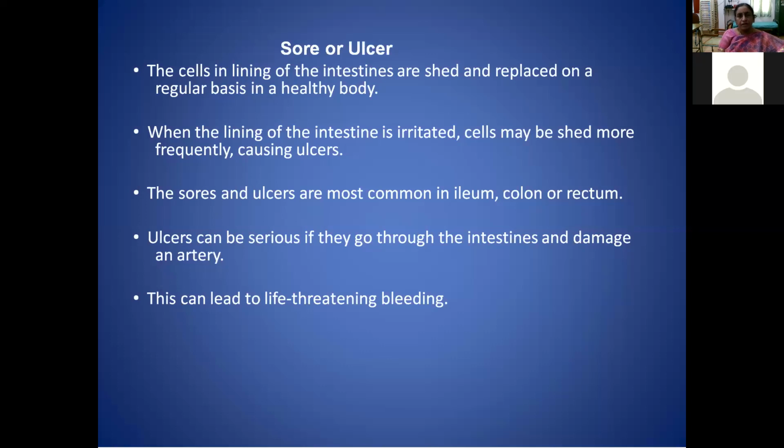They are more common in the ileum, colon, and rectum. Ulcers can be serious if they penetrate through the whole thickness of the intestine, and sometimes they may erode arteries supplying the intestines and cause serious damage to the patient. This leads to life-threatening